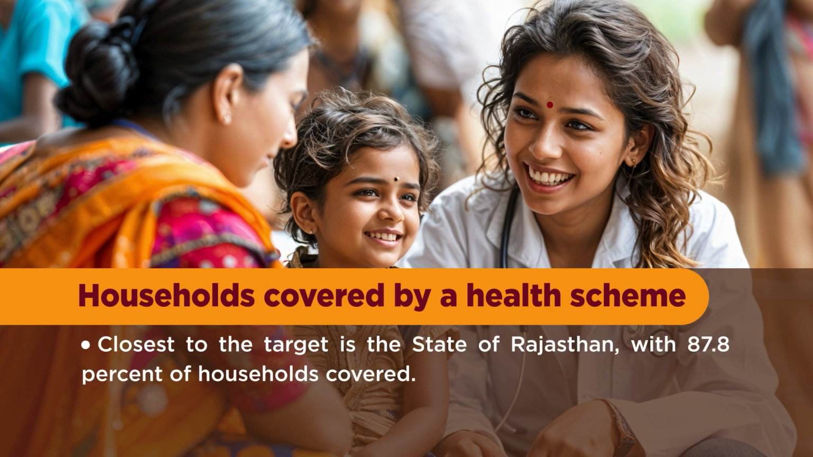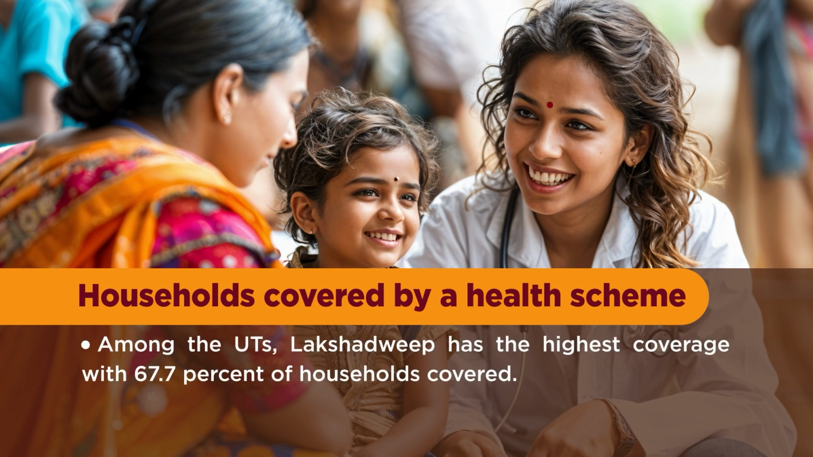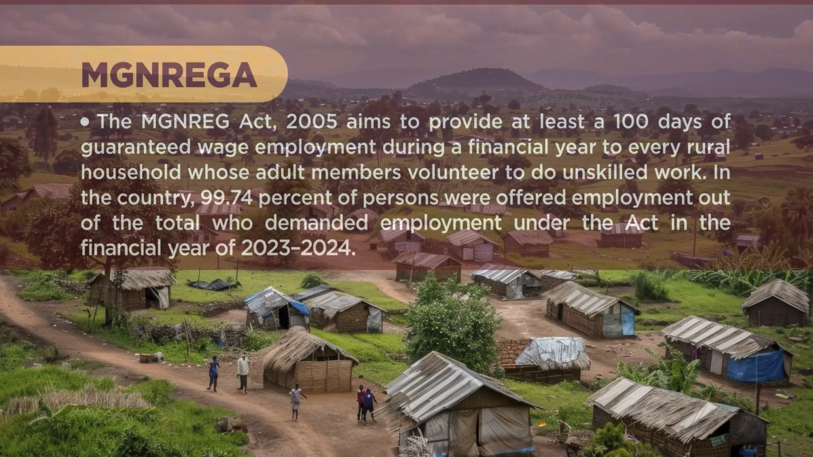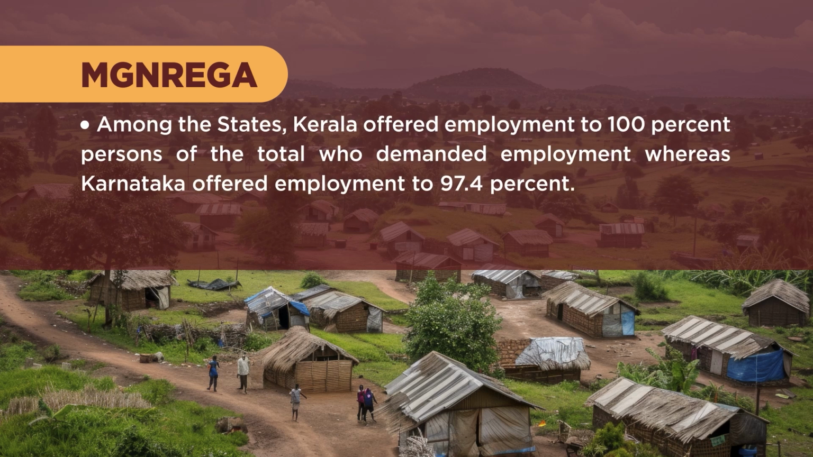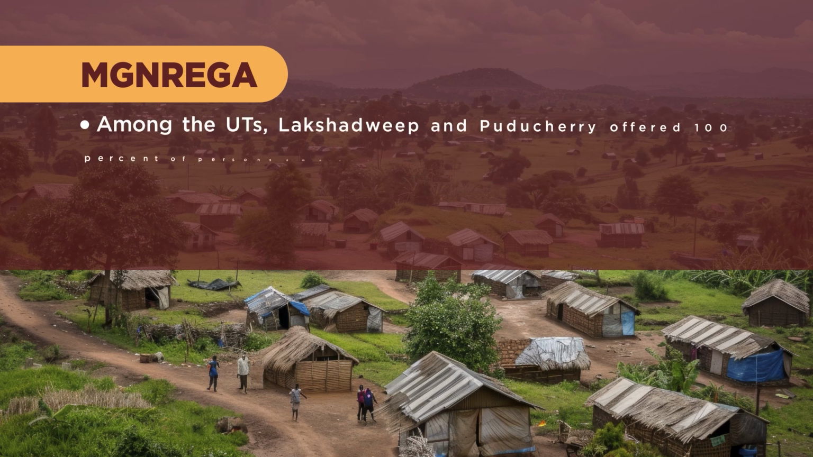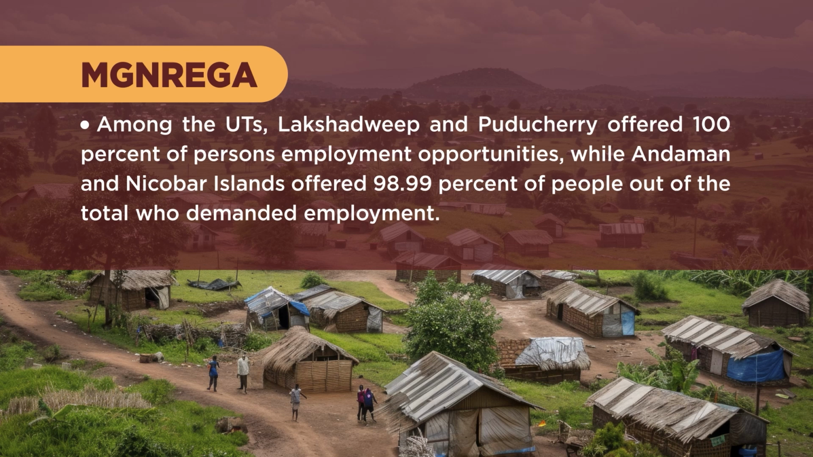Closest to the target state is Rajasthan with 87.8% of the household cover. And among the Union Territories, it is Lakshadweep with 67.7% of household cover. When we look at the Mahatma Gandhi National Rural Employment Guarantee Act, according to this act, the status performance of the states, among the states, Kerala offers employment to 100% of the persons who demanded employment, whereas Karnataka offered 97.4%. Among the Union Territories, it is Lakshadweep and Pondicherry offering 100%, while Andaman Nicobar Island offers